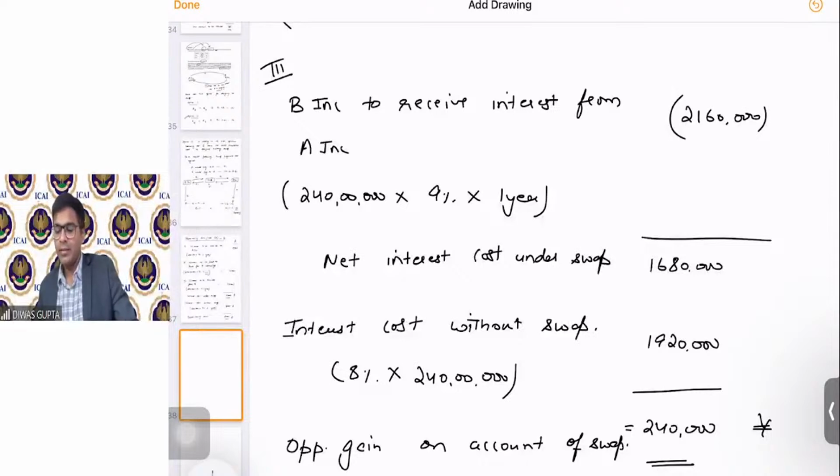Okay, Gurram is saying, please re-explain once. I will do that. So if you see, the question is very simple, students. There are three legs for both A and B if they enter into a swap. One is to pay to the bank for the original borrowings. Second is to pay to the other party. And third is to receive from the other party, right?